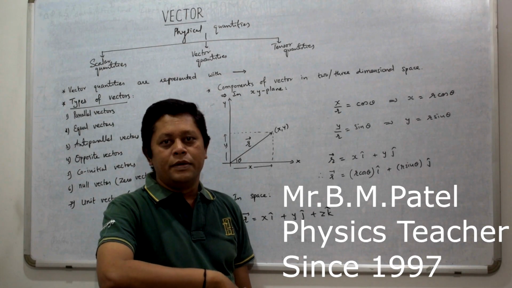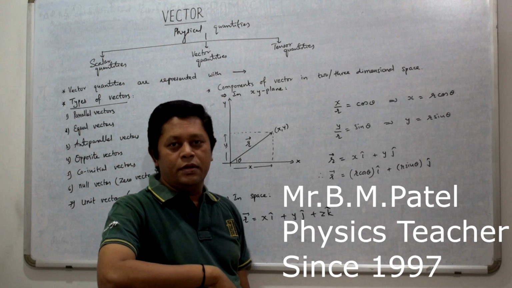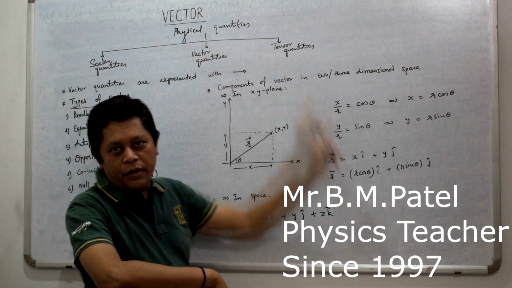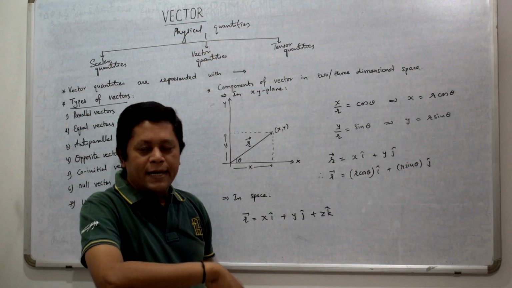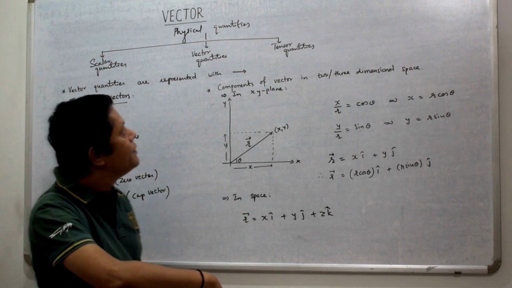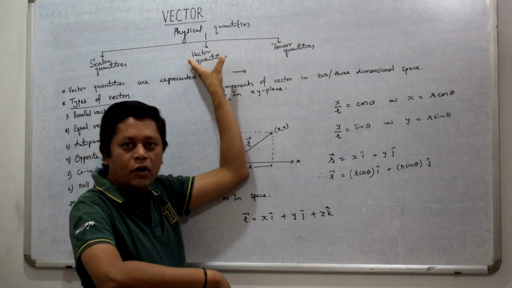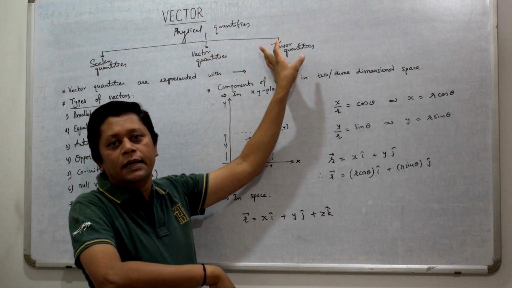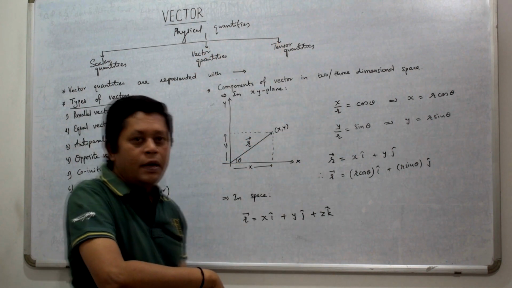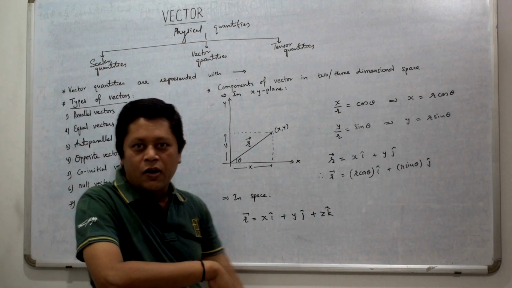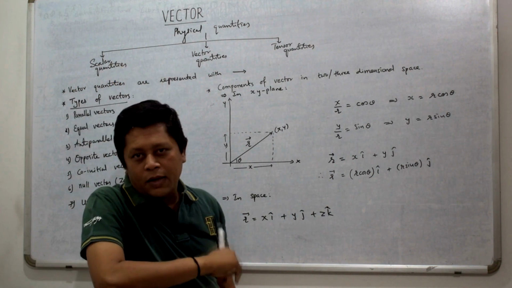Students, today we will discuss vectors. Physical quantities can be classified into three categories. One is scalar quantities, another is vector quantities, and the third is tensor quantities. Basically, if we discuss these two, scalar and vector quantities, scalar quantities,